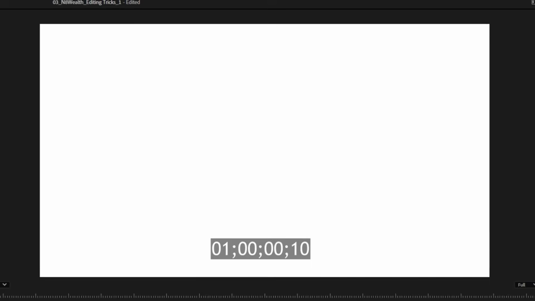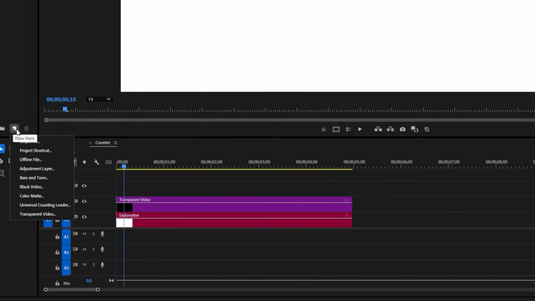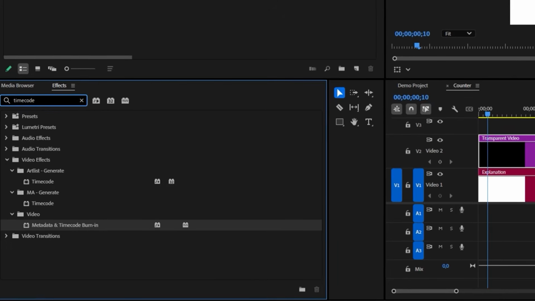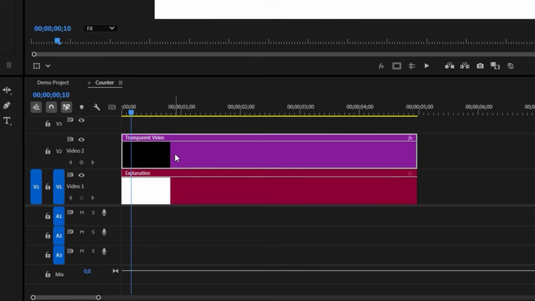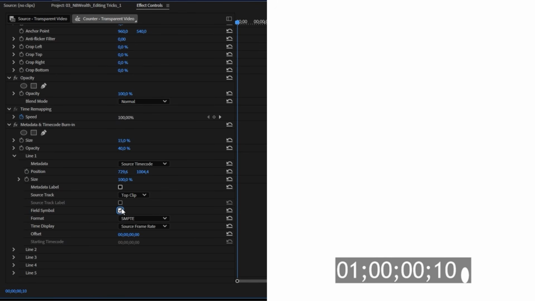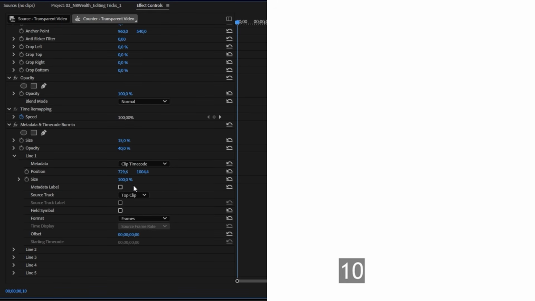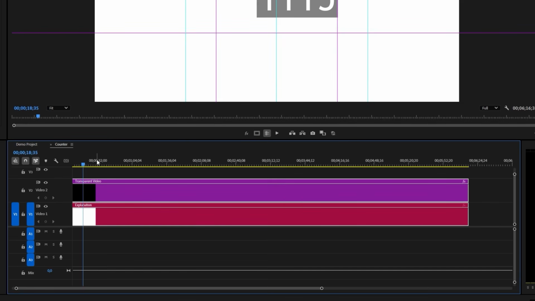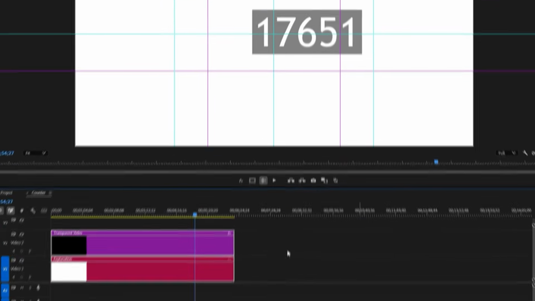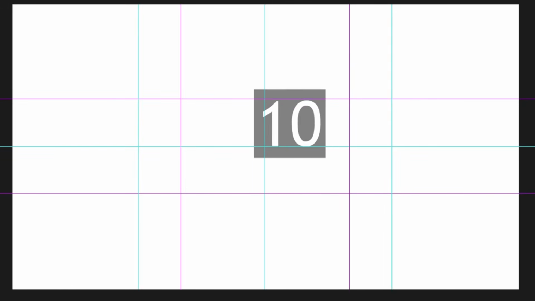A time code is just this little thing that shows the exact time that you're at in a video. In Premiere, to add this, you just have to make a transparent video and then add the time code on that transparent video as an effect. In Premiere, just remove the field symbol, change the format to frames, and make the time code source clip so it starts from 0. Next, stretch out your clip until the number on your time code is as big as you want, then center the time code and make it bigger, and you have a number counter that you can